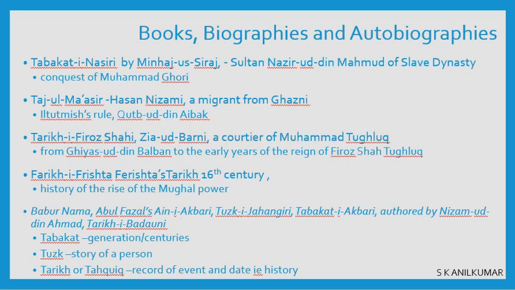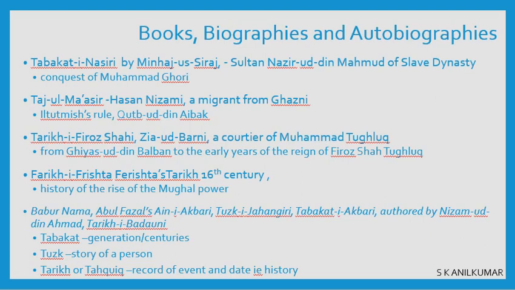Then Tarikh-i-Firoz Shahi is there. Tarikh is a book, a record, a chronology, a history, a date-wise account of events. Everything is Tarikh. Tarikh is a historical record. Tarikh-i-Firoz Shahi is about Firoz Shah. Who was Firoz Shah? From Ghiyasuddin Balban to Firoz Shah. Firoz Shah is the one who built the Firoz Shah Kotla. So Firoz Shah and Balban's story. About the Balban dynasty we learn from Ziauddin Barani. Barani was a courtier of Muhammad bin Tughlaq. So we have Tarikh-i-Firoz Shahi.